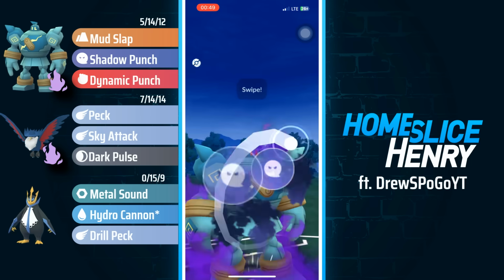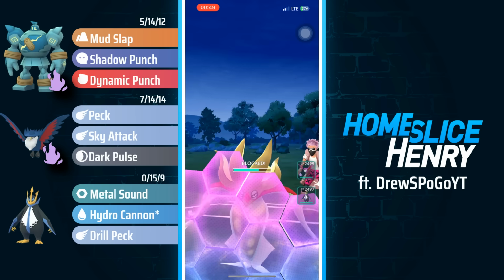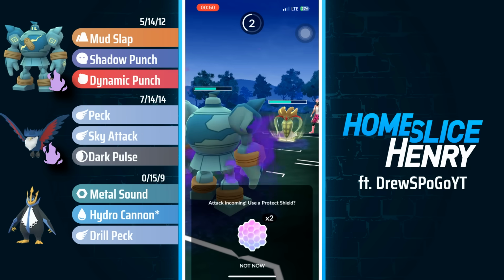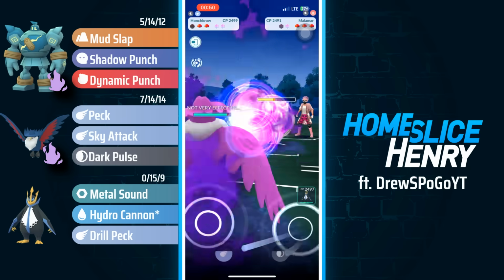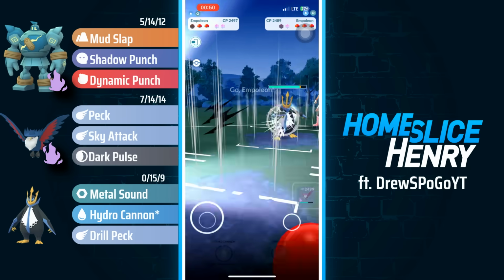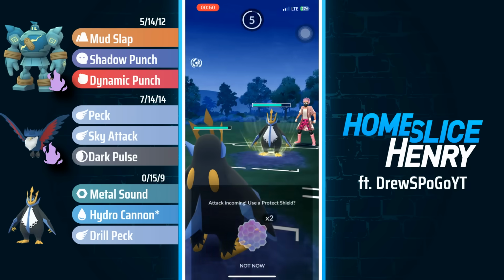Now, one of the things that made Golurk a lot more difficult to use was the rework to Malamar. Getting Foul Play every 10 turns means that Malamar just strictly wins the 2s, whereas prior to that change, Golurk actually won the 2s. So I honestly like the idea of doing exactly what Drew did, which is just play it out, take your shield advantage. Opponent is now going to send in Empoleon, banking a ton of energy on the Honchkrow,